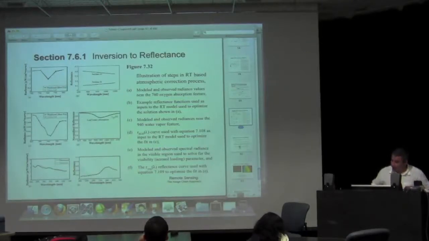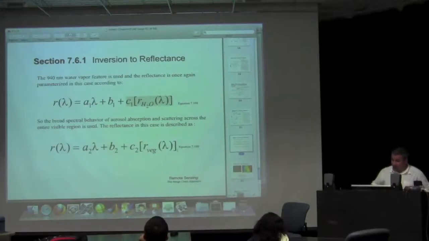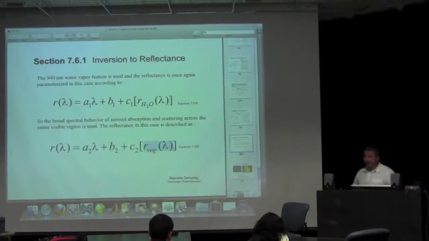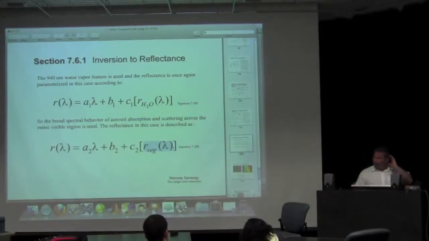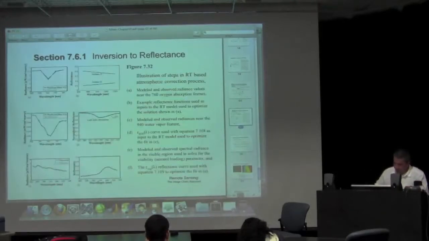So in order to do the aerosols, what we're going to do is look over vegetation. Why might we look over vegetation if what we want to do is try and characterize aerosols in the atmosphere? Remember where we're looking again. We're looking out in the 700, no, beyond 700, so out around